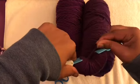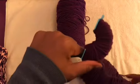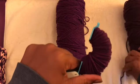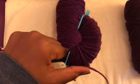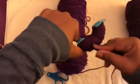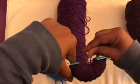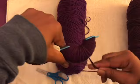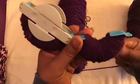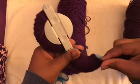104, 105, 106, 107, 108, 109, 110, 111, 112, 113, 114, 115, 116,